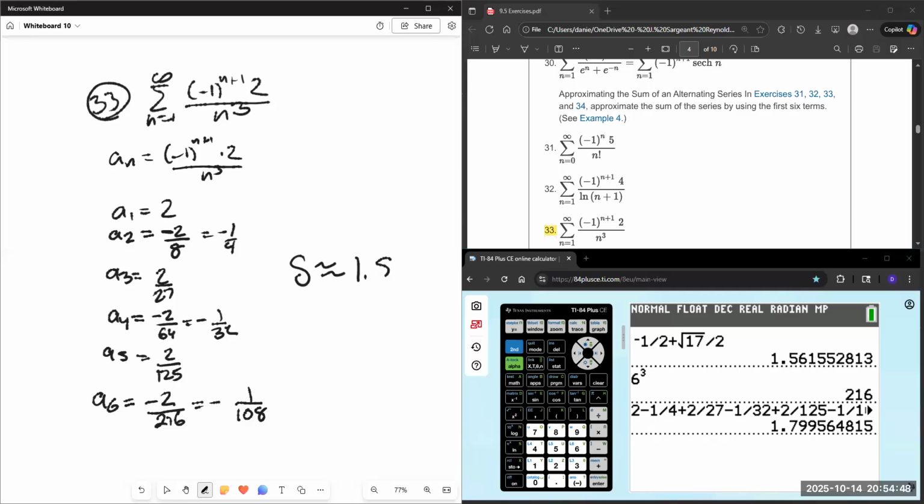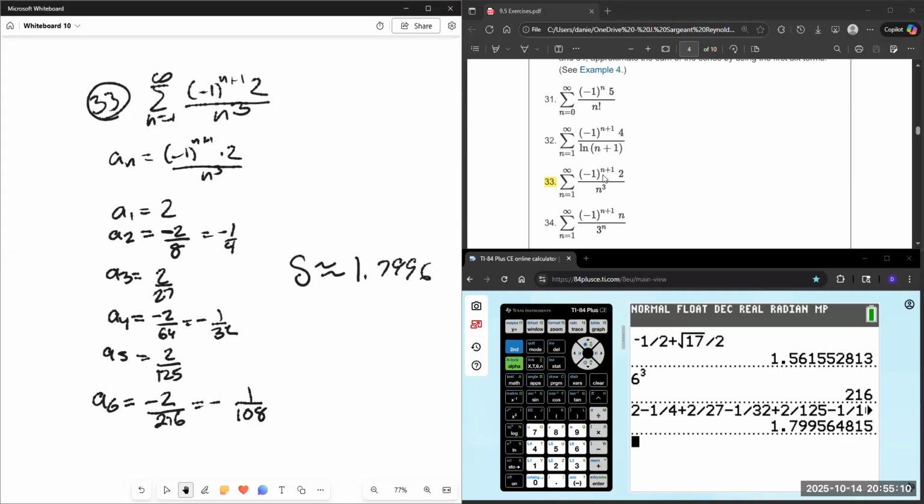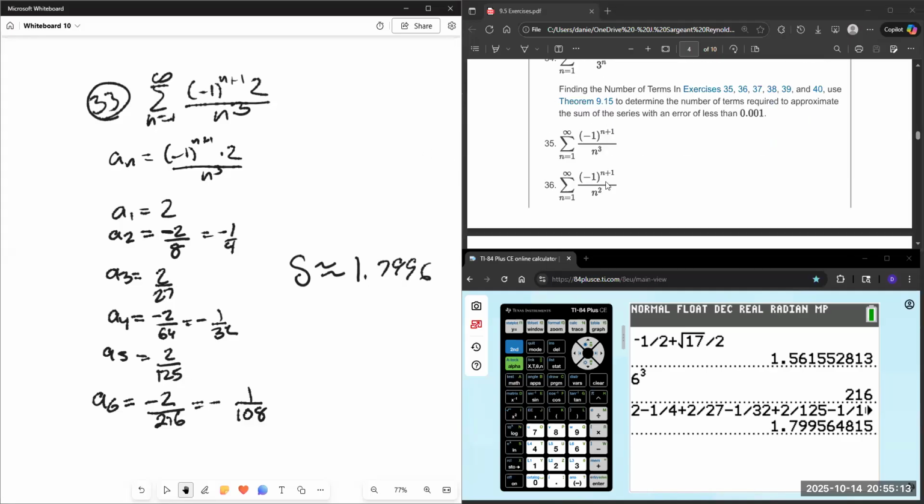Let's call this 800. Let's go to 3 decimal places here. So if they went to 4 decimal places, that would be 7996. All right, that was 33. Let's look at